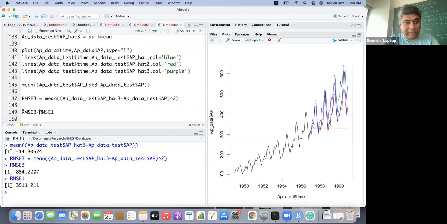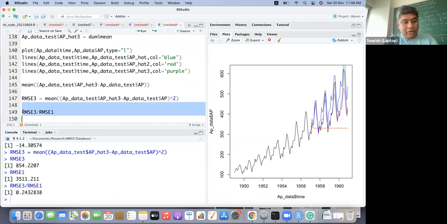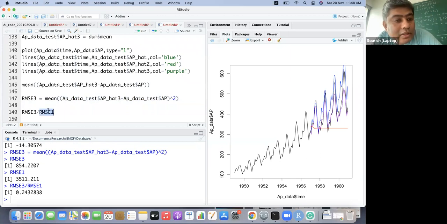So RMSE 3 by RMSE 1, almost 25% more improvement that we are getting compared to the RMSE 1. So if this is our base model, with respect to the base model, there is definitely no 75%, because what is RMSE?